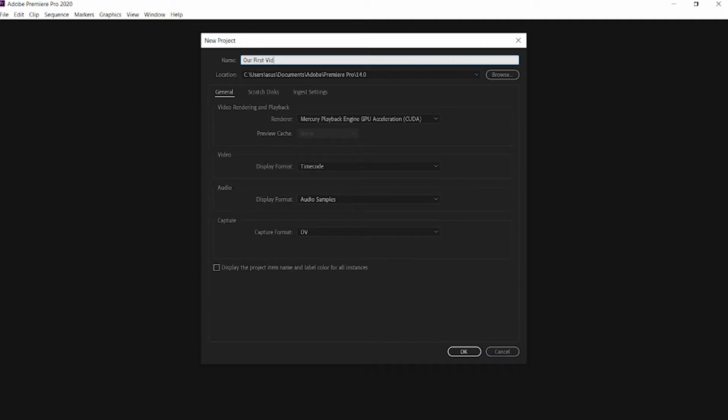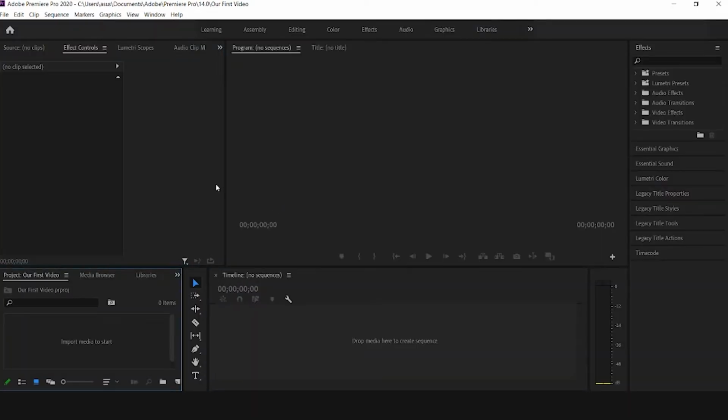Then there are a lot of options over there. We don't have to worry about those. We can quickly go and set up our project. So here we click OK and we move on, and there we go. We get a nice workspace over there, and as you see, there are 5 different sections, one over here and one over here and one over here, the whole one over here, and our timeline